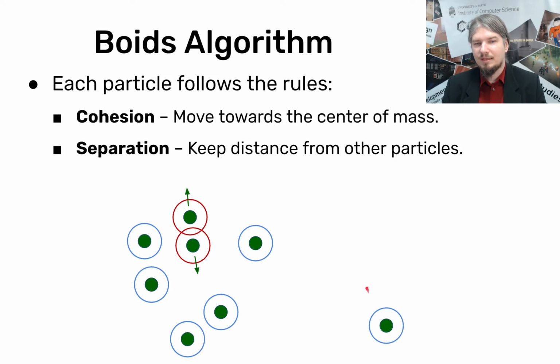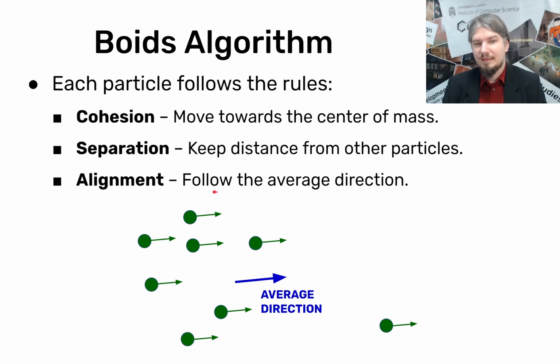Of course they would try to move there in a direct line, so these curvy lines are just for illustration here. But there is another rule called separation. All the particles try to keep some distance from other particles. For example, when two particles get too close, both of them try to move away from each other. This is similar if you think about birds in the sky, they don't want to collide with each other while flying. And lastly, there is the alignment rule, so they all try to follow the average direction of the